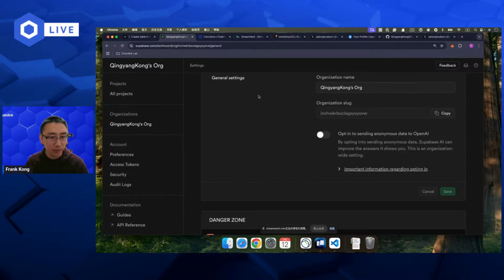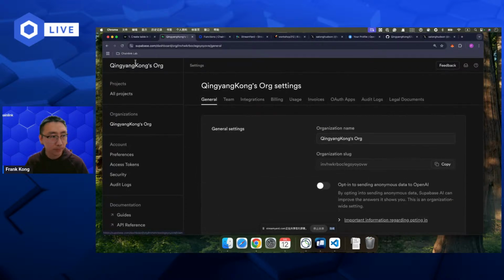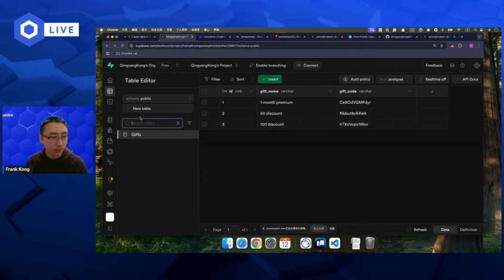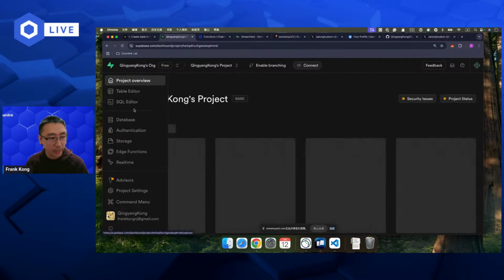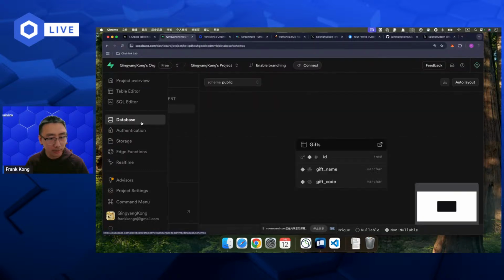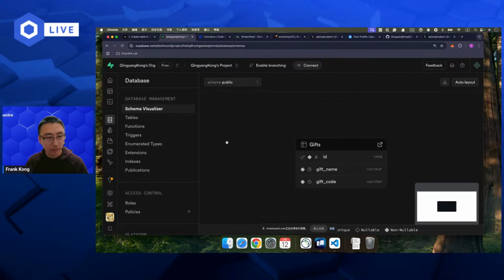Let me go to the organization. In the organization, you can have projects, and in the project I have already created a new database. Within the database, I have a table called gifts.